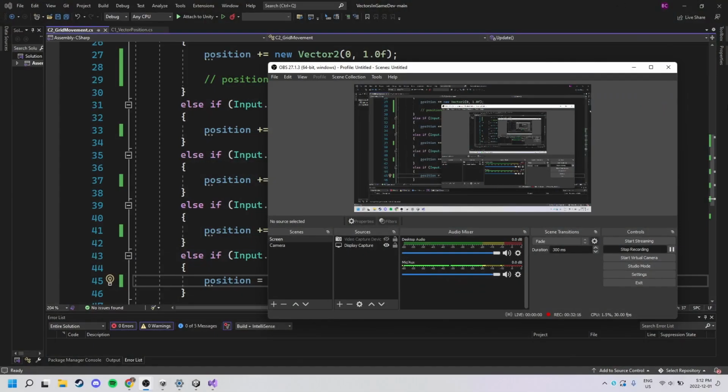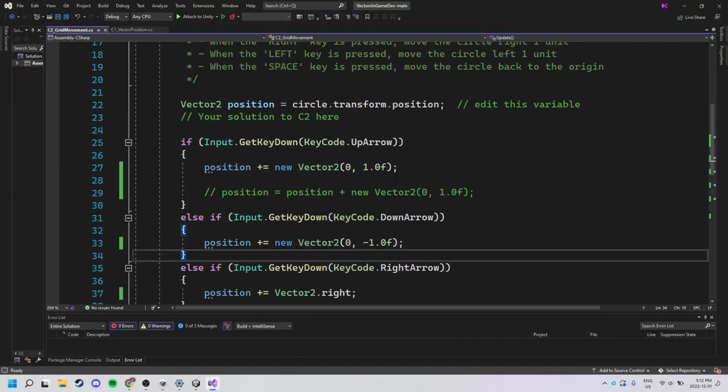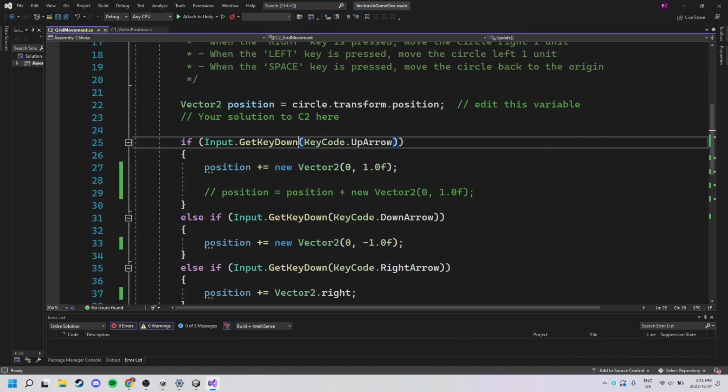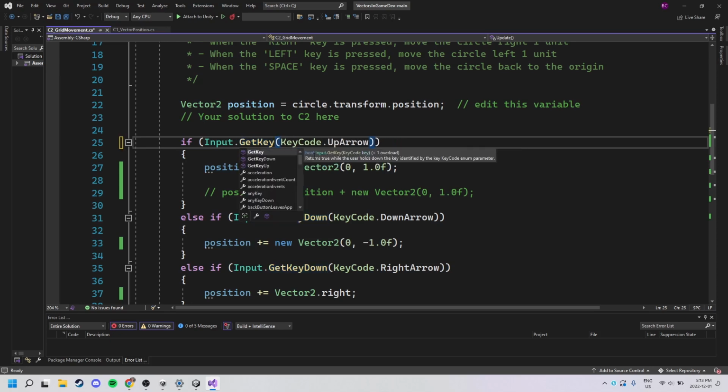There we go. So we're gonna modify this code. And like you mentioned, how do we make it so when you hold down the button, it just keeps moving in that direction? Well, there's another method called get key. There's also get key up, that's when you let go of the button, that would activate. Get key down happens on the first frame that you press the button, and then get key always returns true when you have it held down,